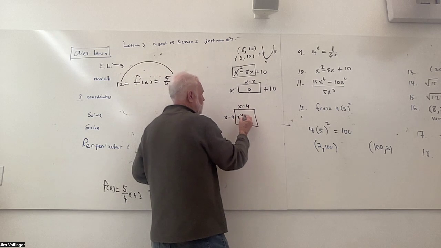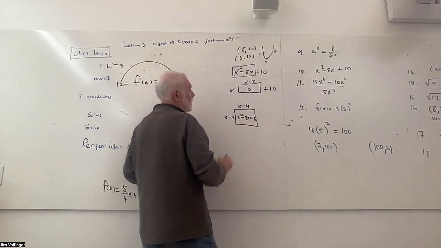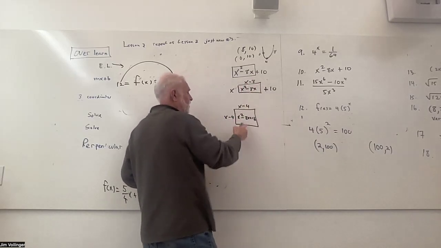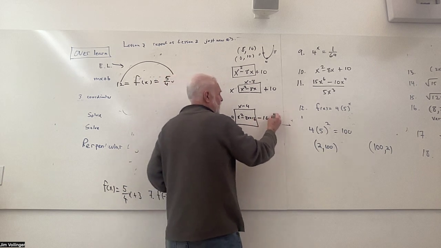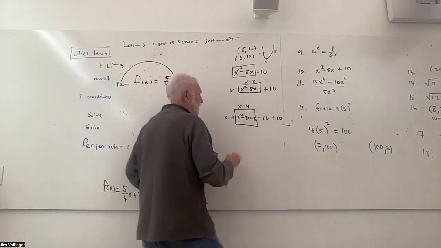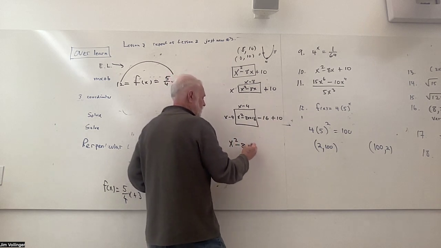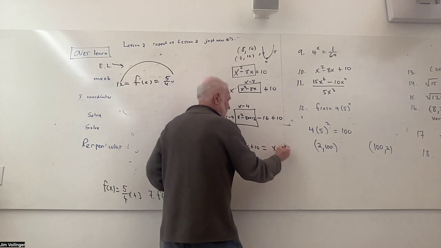That gets me x squared minus 8x plus 16. And this gets me x squared minus 8x. There's some similarity. I just don't like that 16. So I'm going to subtract 16 and add 10. And that means that x squared minus 8x plus 10 could have been written as x minus 4 squared